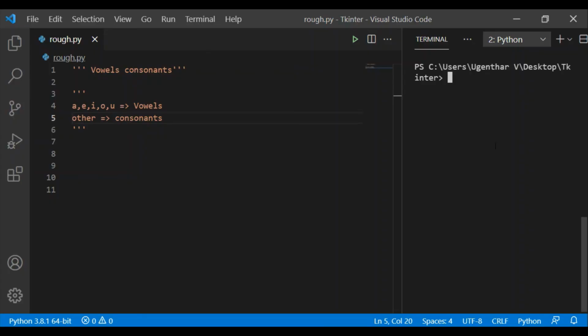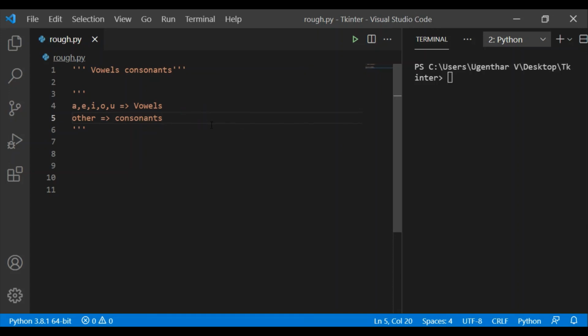In this video, we are going to discuss a vowels and consonants program using Python. I am using Python 3.x version. You can use any other version to do the code. Vowels and consonants will be asked in many interviews, mostly competitive interviews.